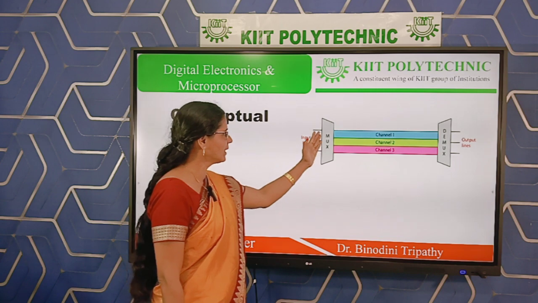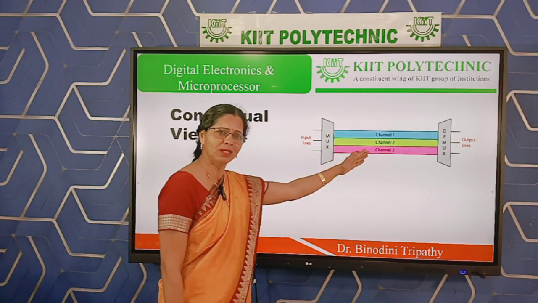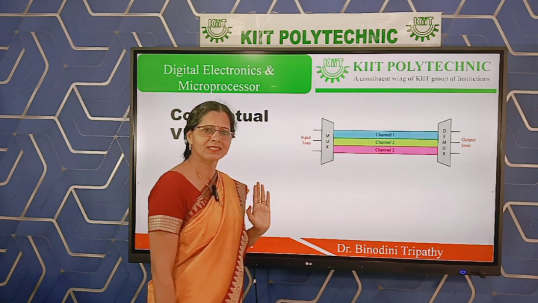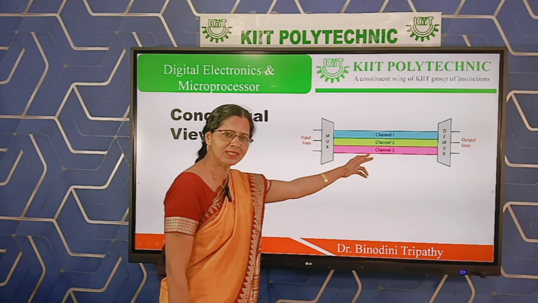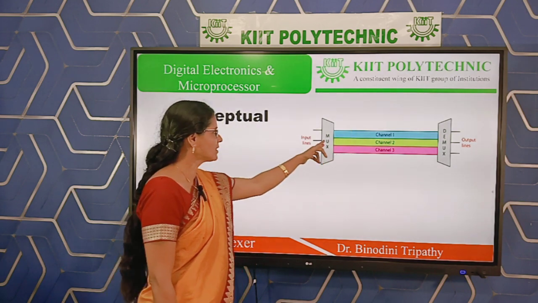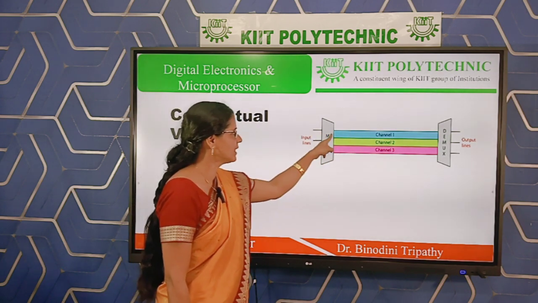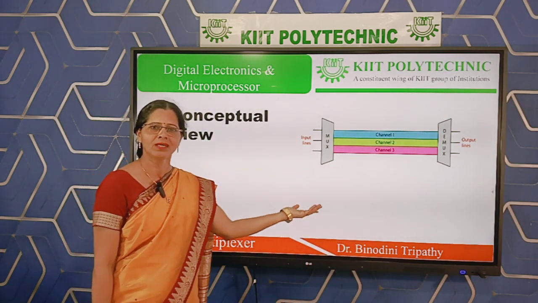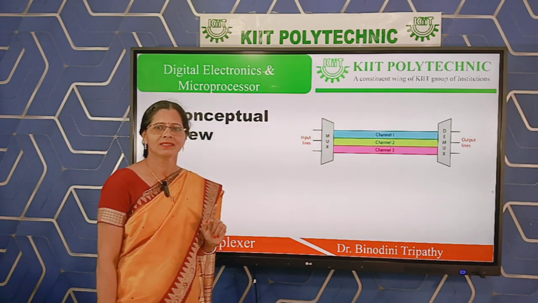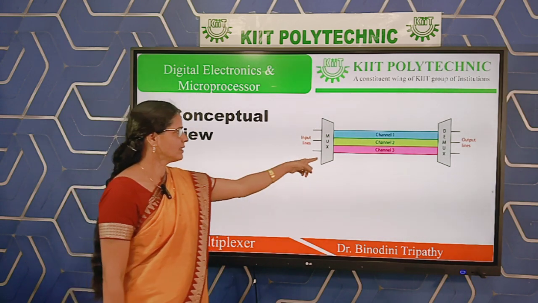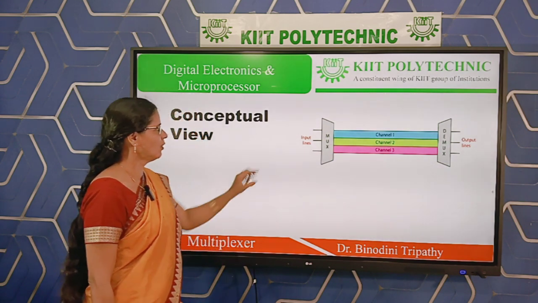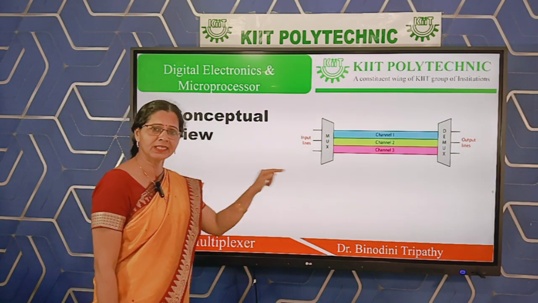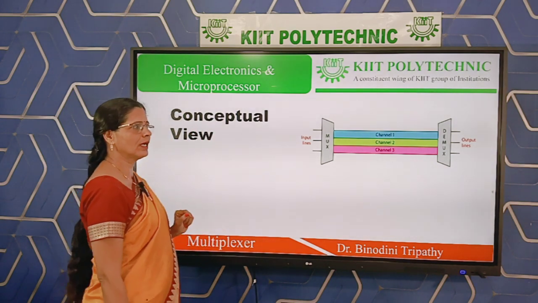That means it can combine, and all the signals will be available over a single link, and a link will be converted to a number of channels. That means a link carries a number of channels or a number of signals. But as per your MUX, you can select any one and transmit it to the destination. Though all are available, your proper requirement will be selected. And this is the multiplexing process: how a number of signals will be available over a single link, and the multiplexer is selecting that particular one that we want.